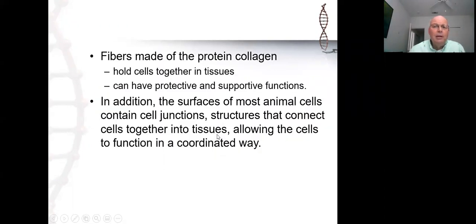So again, when we recognize that there is no rigid structure around animal cells, then there must be other ways of animal cells communicating with each other. So there are, in terms of connections,